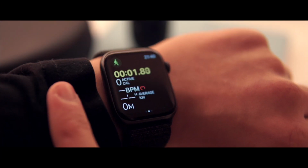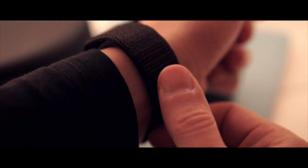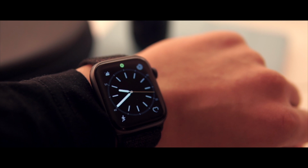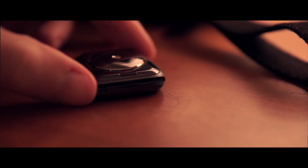In general, the new Apple Watch feels like an everyday mainstream watch and not just a techie gadget. It evokes that feeling because it's more of a natural experience to wear. In the rear, we have the optical heart rate sensor, which I will go into more detail about later when I talk about